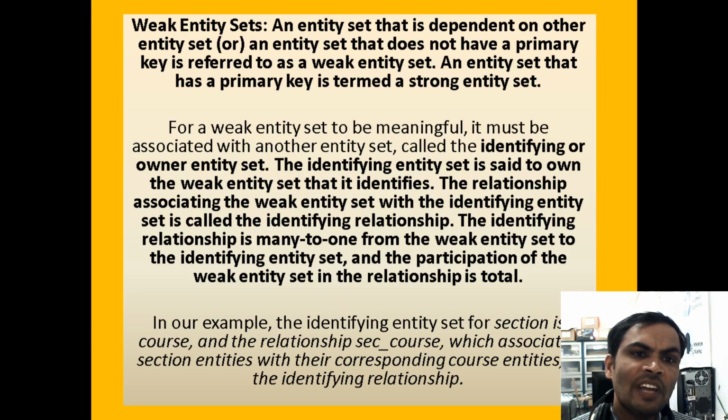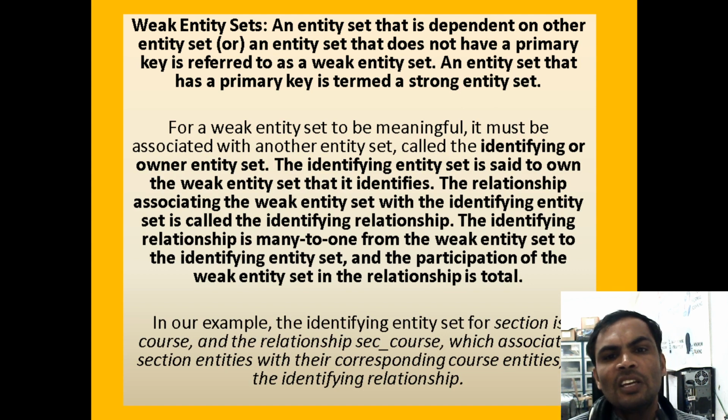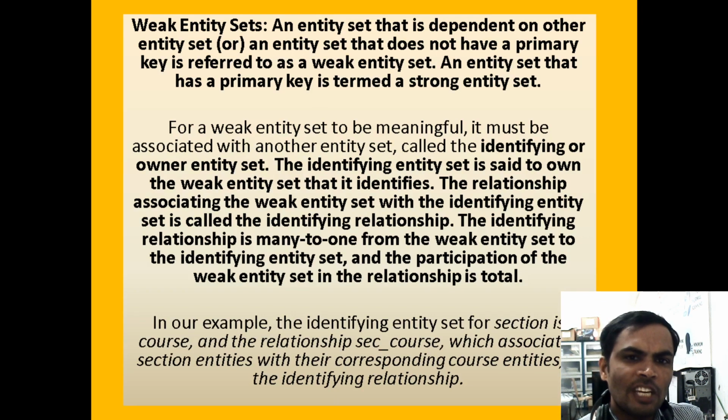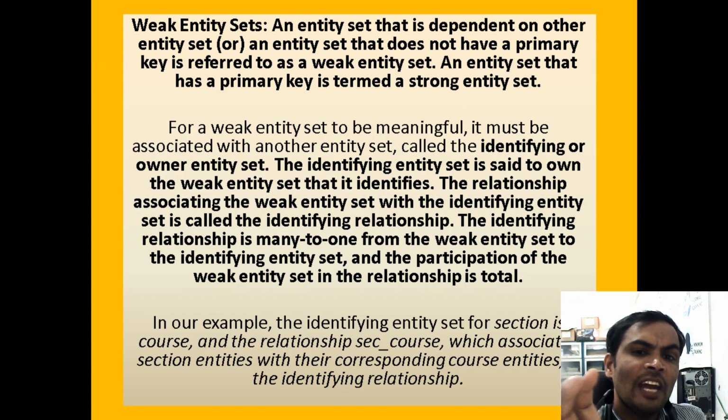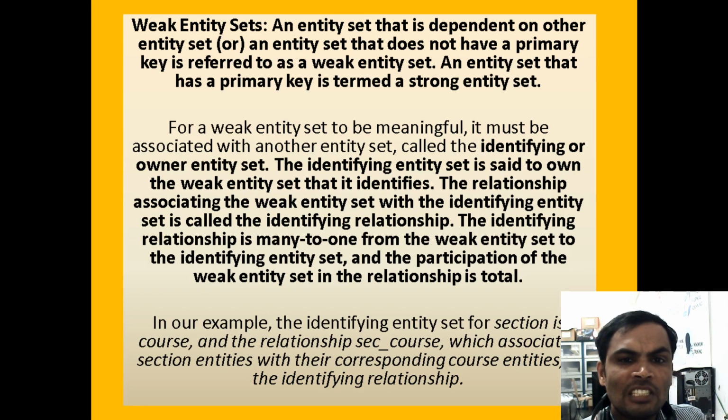Now coming to the weak entity set, when should we consider something a weak entity set? Under the entity set, if you are not defining any primary key constraint for the attributes, that should be considered a weak entity set. Entity and weak entity we represent the same way. When you are giving a relationship between the entities based on the diamond symbol, the double diamond symbol, based on the double diamond symbol only, we should consider it a weak entity set.